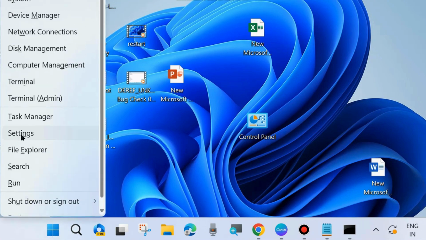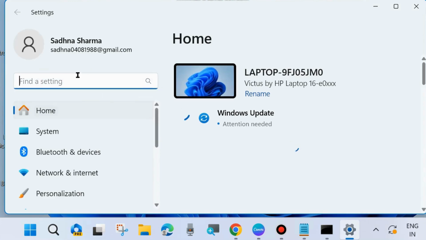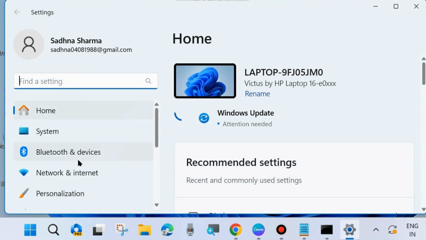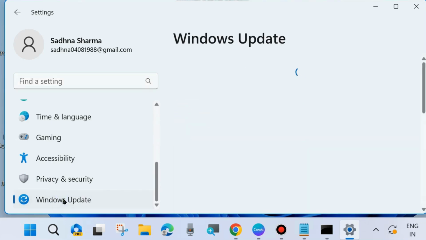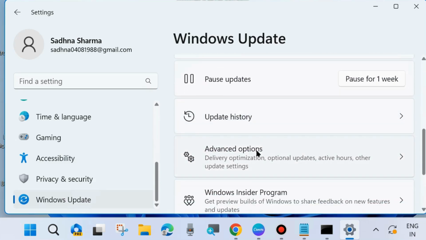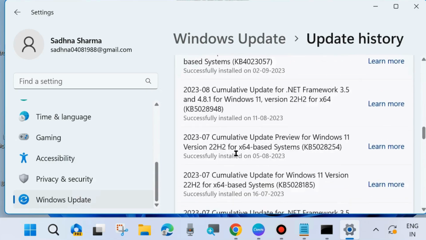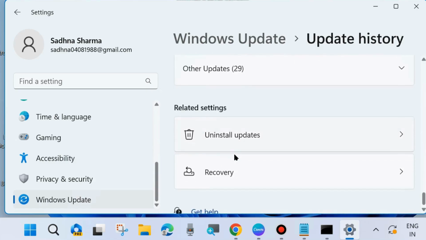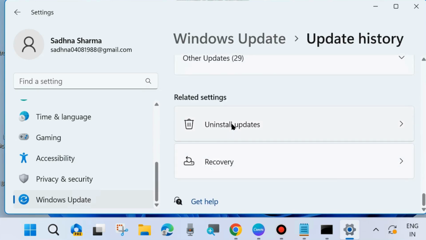The next workaround is to go to Settings. Press the Win+I shortcut key to launch Windows Settings. From the left side, scroll down and click on Windows Update. Here scroll down and click on Update History. Scroll down, and at the bottom of the page you will find the option Uninstall Updates. Click on it and uninstall